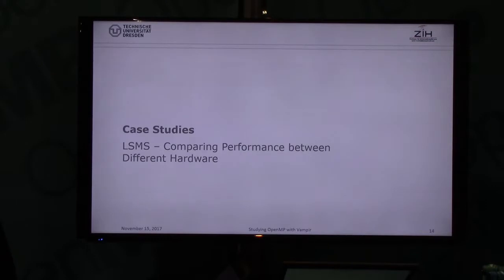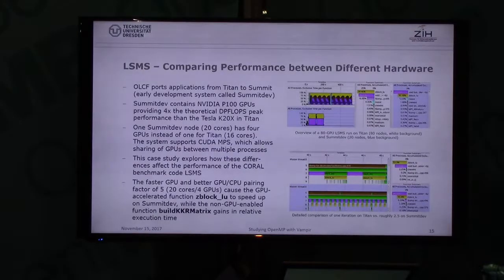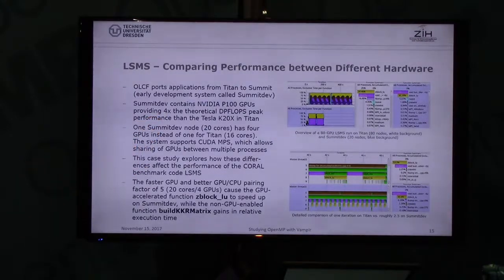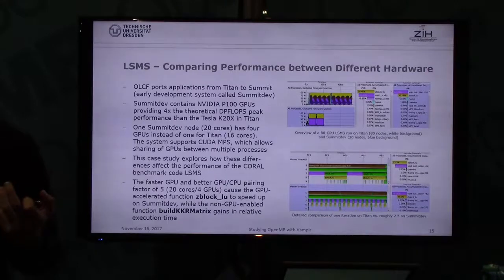So the last case study I want to show you here is the LSMs code, and here we want to see how we can use OpenMP to efficiently utilize hardware resources. So it's not about parallelizing your workload, it's more that you have, in this case, a node with 20 cores, and you have multiple, in this case 4 GPUs, and you want to try to create enough workload to utilize all the GPU